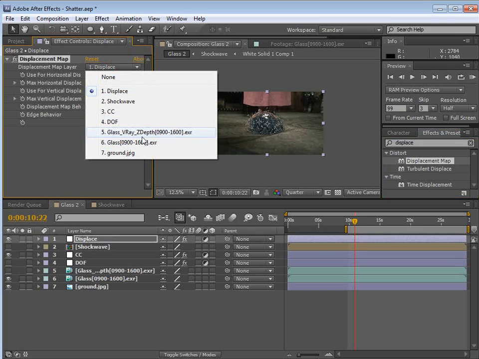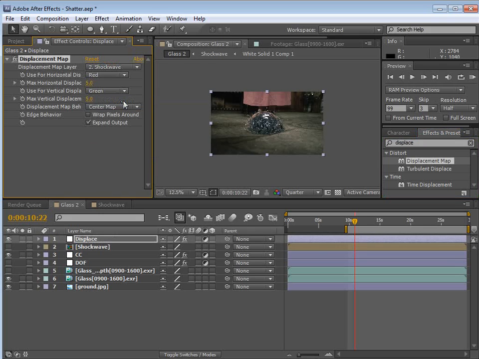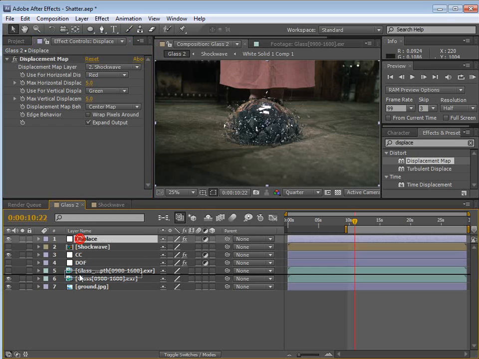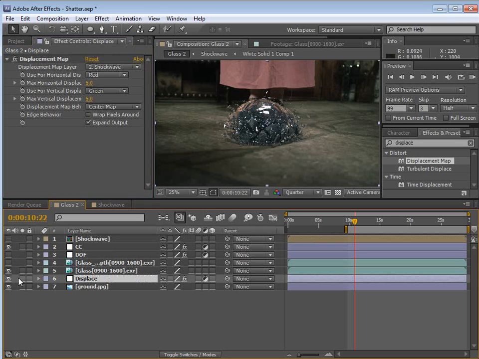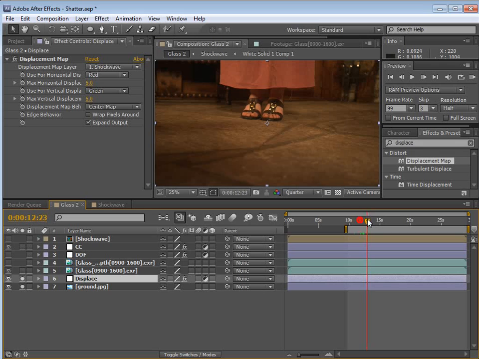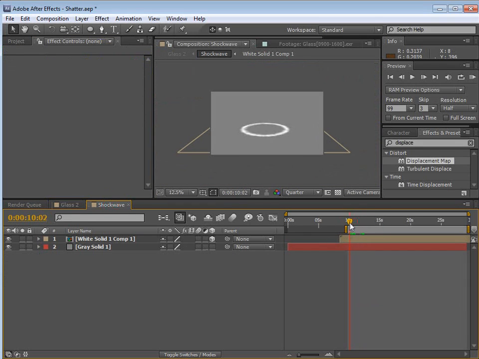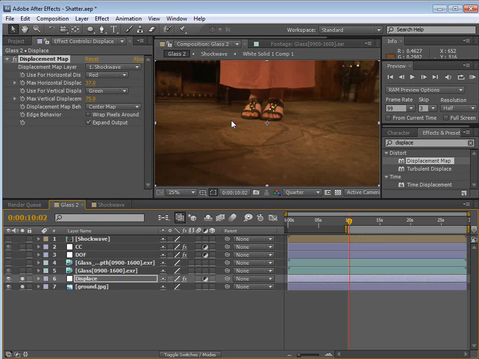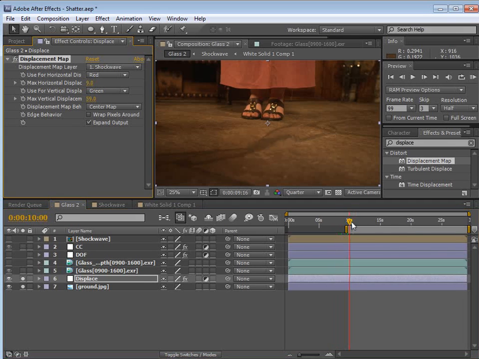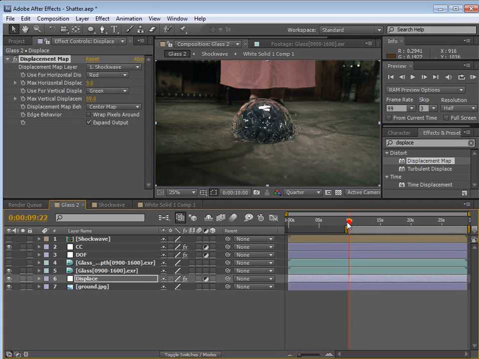Then we'll select the shockwave layer, and let's bring it down just above the ground. So we can just solo those two layers. So if we look at this, see right there, we can start to see the shockwave kind of take over that ground. I think the idea is just to kind of be able to see it break across. So as it hits down,